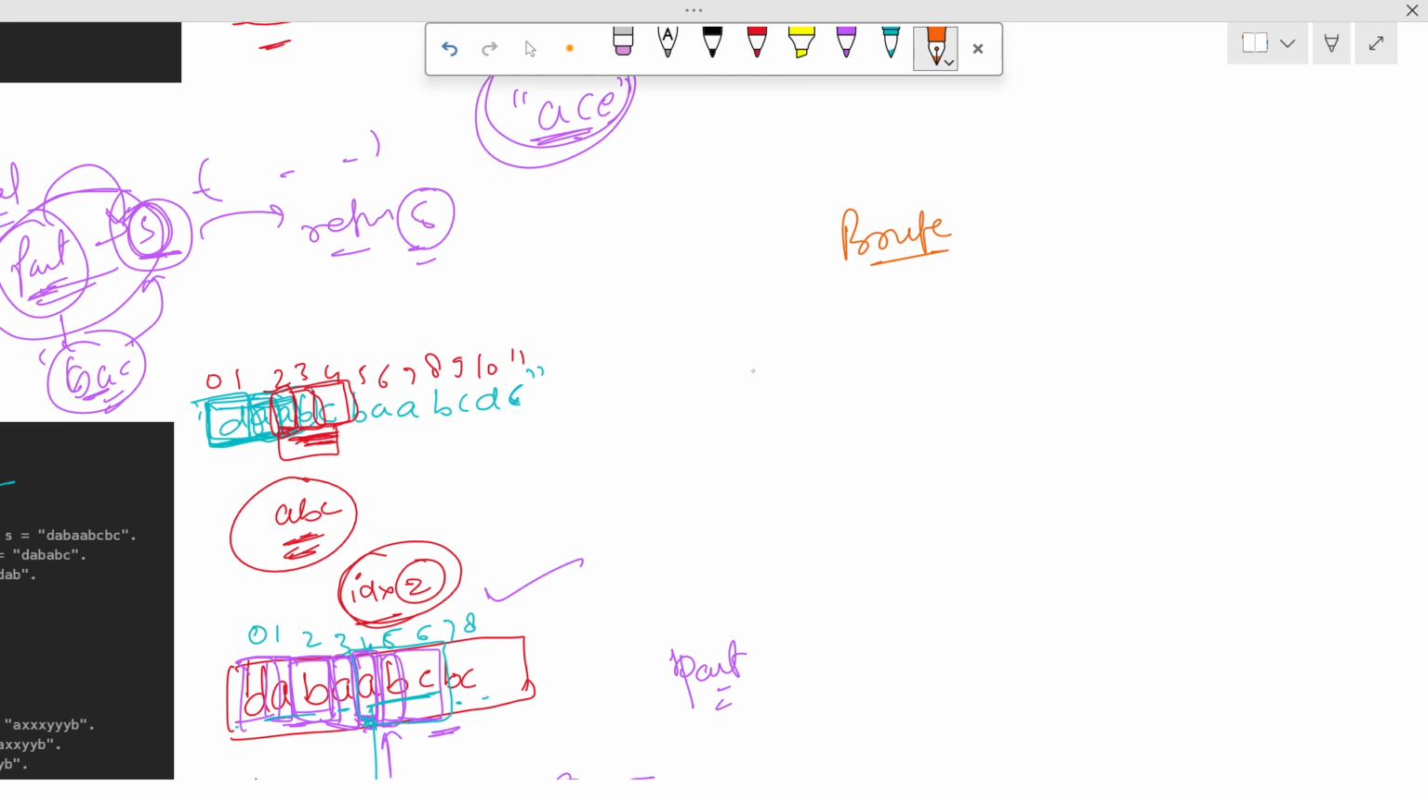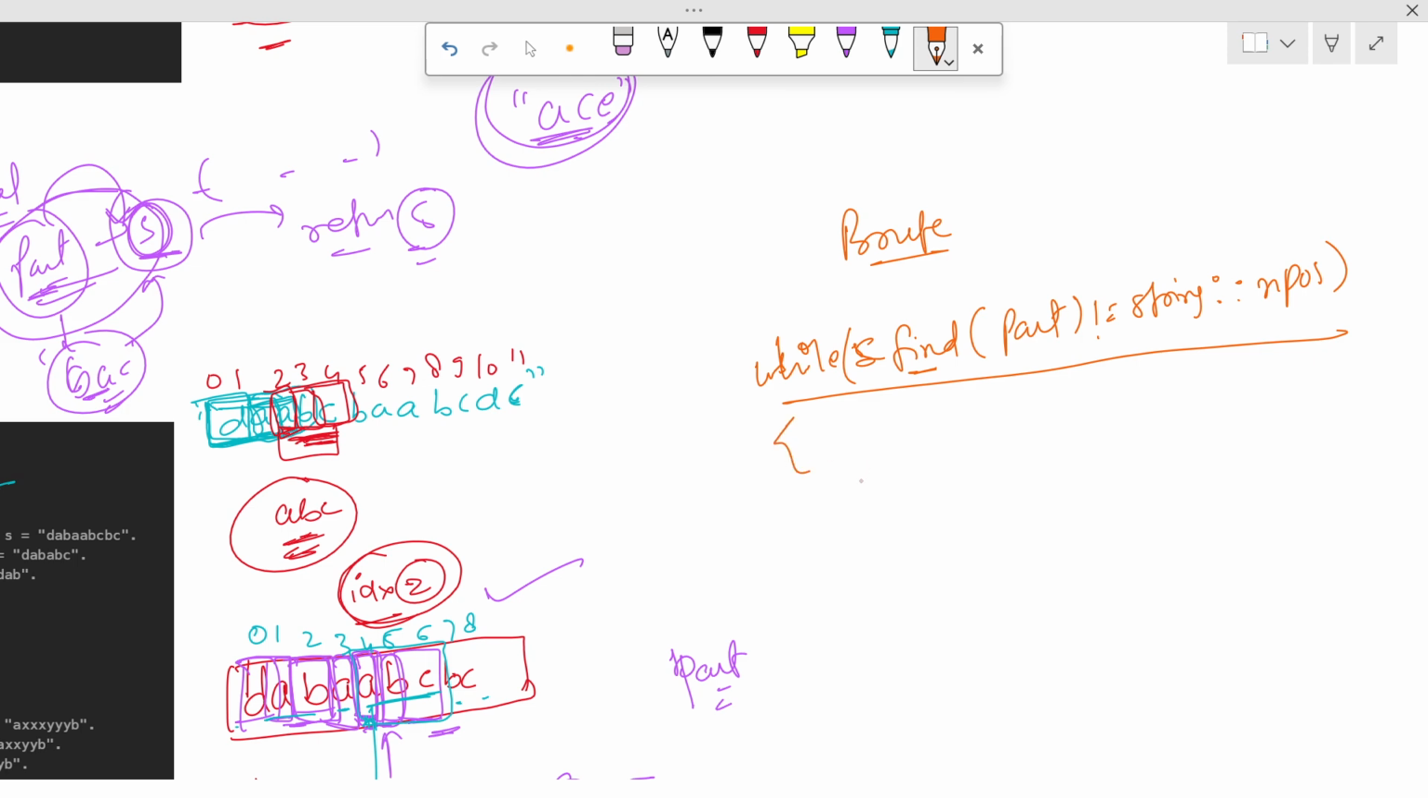Now how can we find it? First we have a while loop of s.find(part) not equal to string::npos. After this, we have to erase the part: when we find our part string in the actual string, we erase it from there, like s.erase(s.find(part),